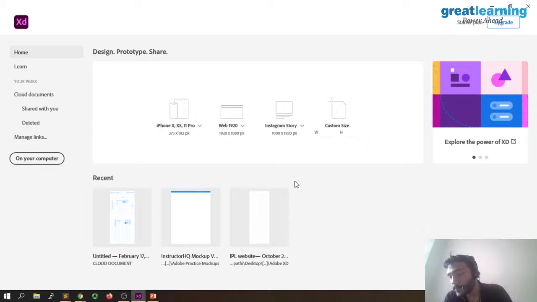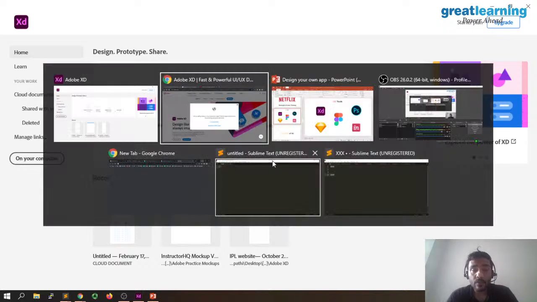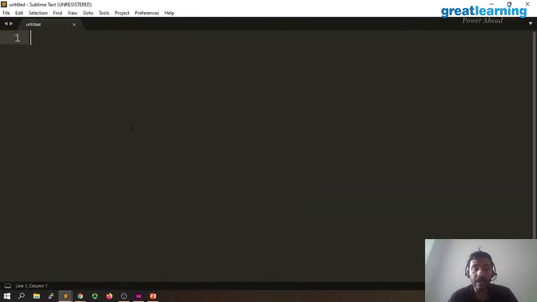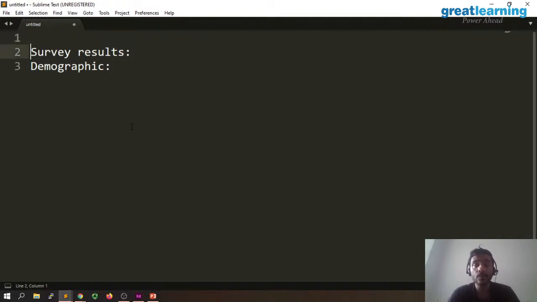All right, so we have SK Logic asking, sir, what is the difference between research work and wireframing? So in research work, you're doing theoretical work. What you will be using mostly is a notepad. You're going to write my demographic, then you're going to do survey results. In the survey, you ask people questions based on your website, like will they actually want to use this website or not? So you do that. It's a lot of business process also involved.